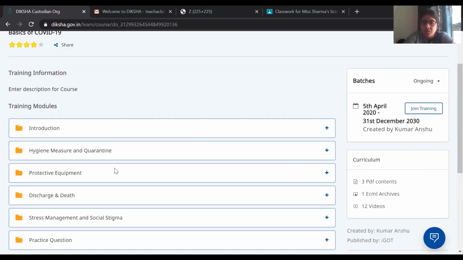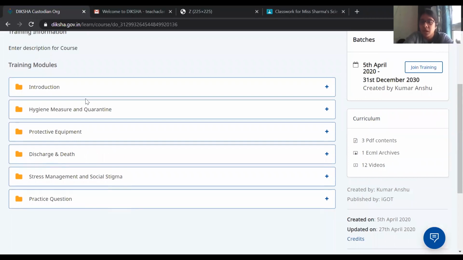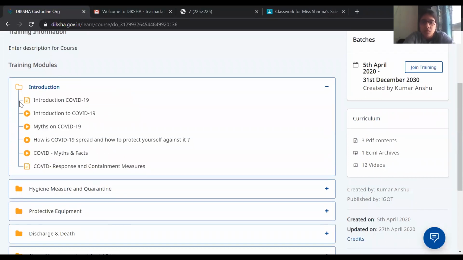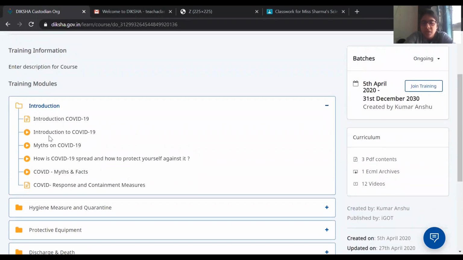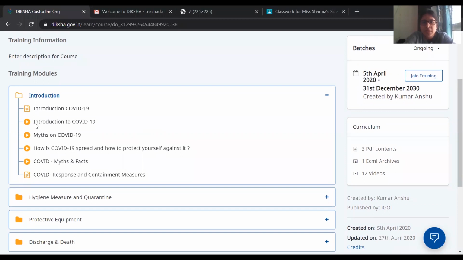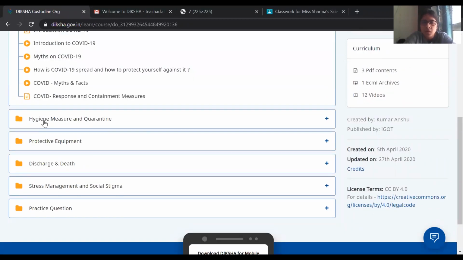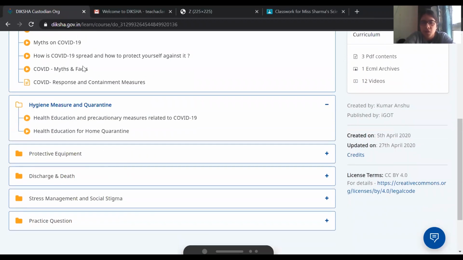Then you can look at the training modules that are there, different parts of the training. If I click on one of them, now from this symbol, you can see that it is a document. These are videos. Then there's another one document. Now, since I've not joined this training, even if I click on this or this, it won't get played. I can only see the names of these trainings. Similarly, for all the other modules as well.